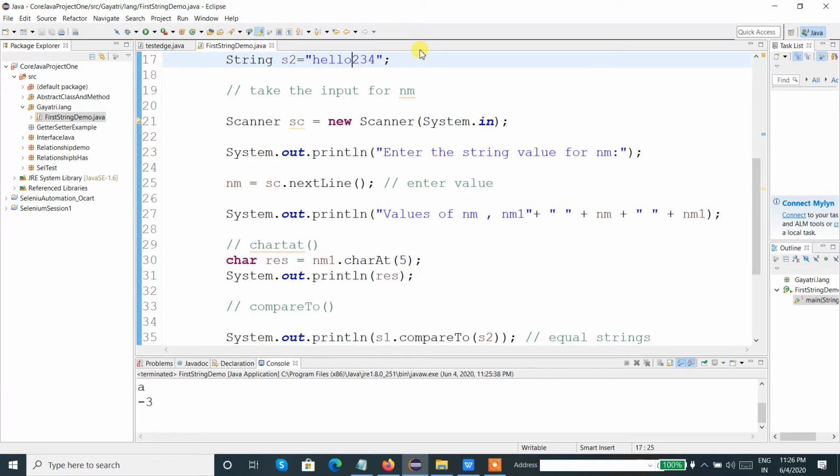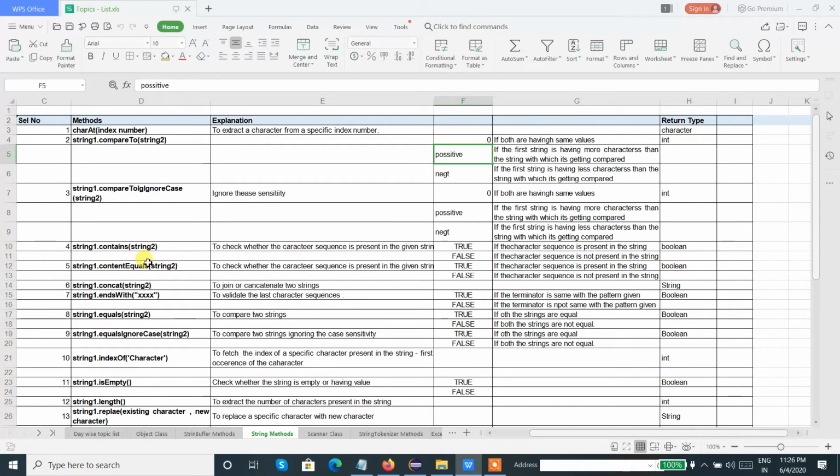It follows its own algorithm, but you will get a positive or negative number, apart from 0, if the strings are unequal. That we need to remember. So we are clear with the compareTo method, and let us check the contains method.